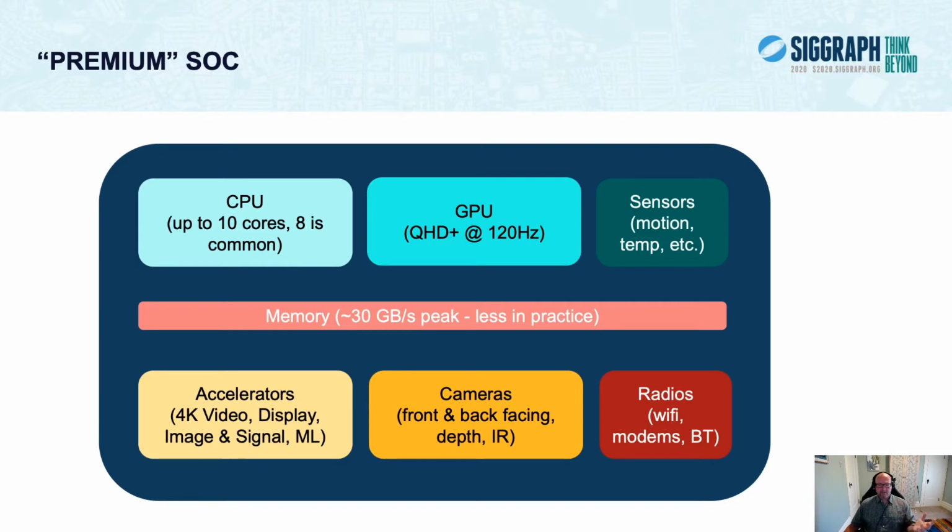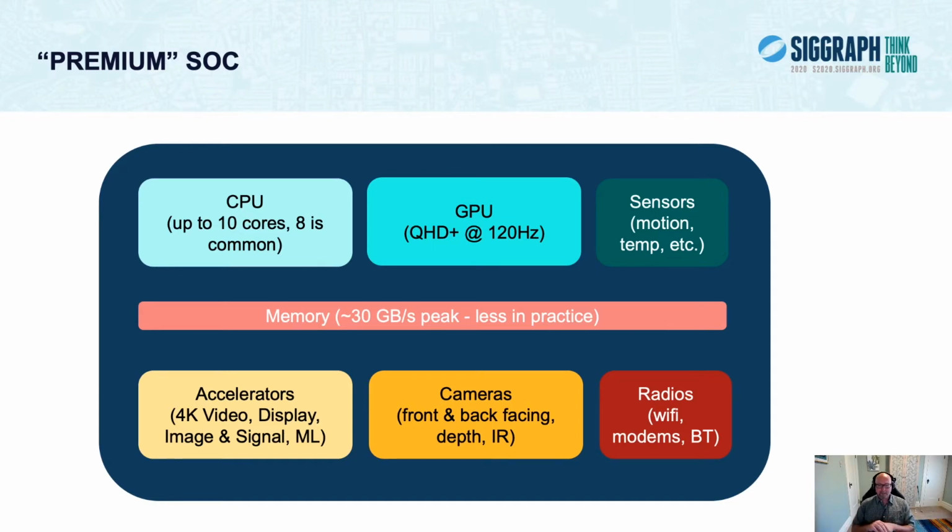Again, we talk about number of CPU cores. It's a bit woolly because not all cores are equivalent. Things like the big.LITTLE architecture from ARM, where you have power efficient and performance efficient cores on the same chip, and now some of the newer tri-cluster designs where you have 3 different optimization levels on the same SoC. Similar for GPUs, not all cores are created equal, and so talking about GPU cores is mostly meaningful when you talk about 2 different layouts of the same GPU from the same vendor. So if you say there's an 8-core version on one SoC and a 12-core version on another SoC, you can kind of think about that.